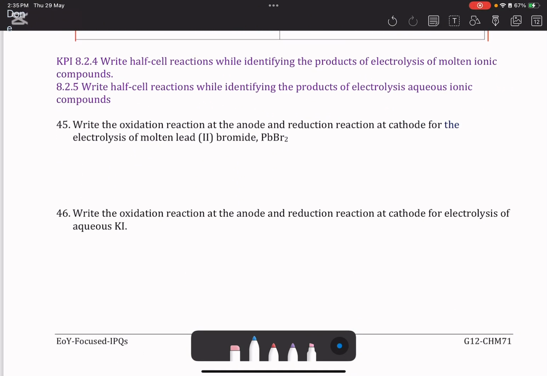Moving on, almost done. We're there. So if you find this video long, just take a break, then continue. Write the oxidation reaction at the anode and the reduction reaction at the cathode for the electrolysis of molten PbBr2. First, when they give you molten ionic compound,